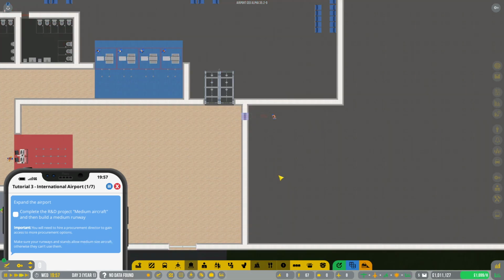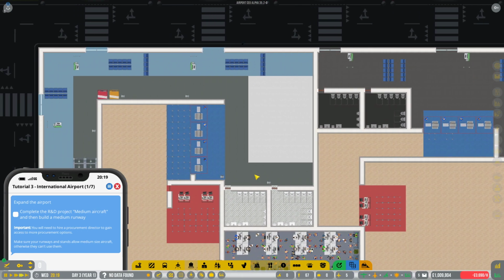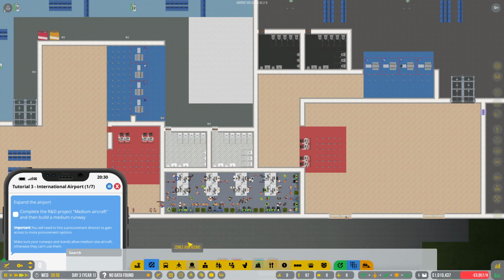I'm going to put a little door in there because I'm kind-hearted. What we can also do is do a staff door to connect to the two terminals. I'm sure we can do that, but who knows. What I do know now is...